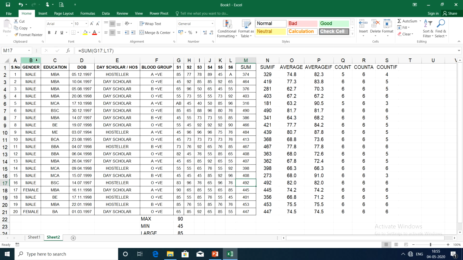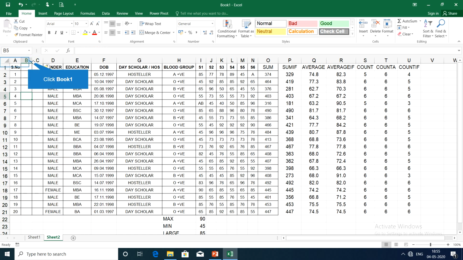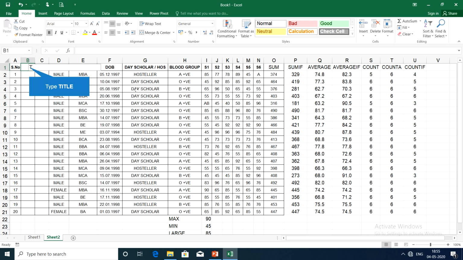We have another text function in this Excel sheet. For demonstrating that, I am inserting 2 columns into my table. So first column will be the title, second column will be the name.